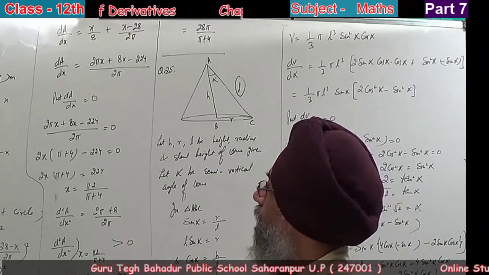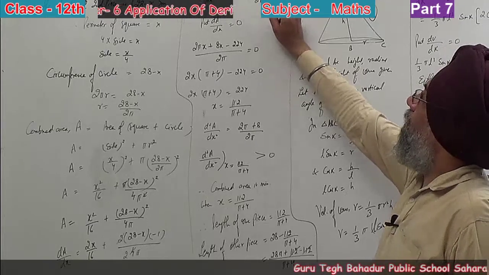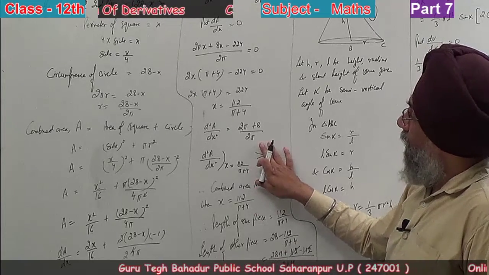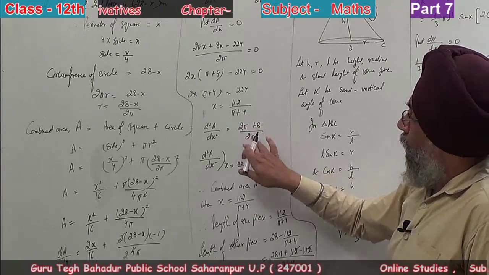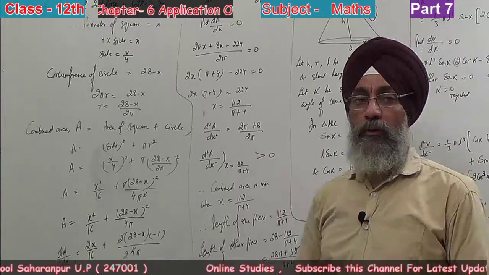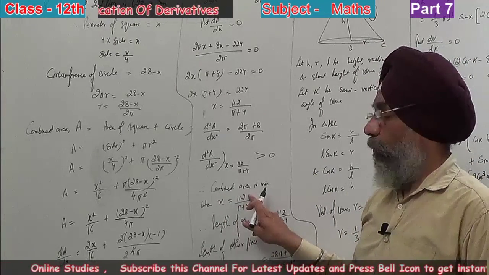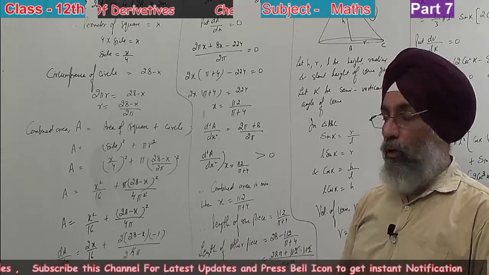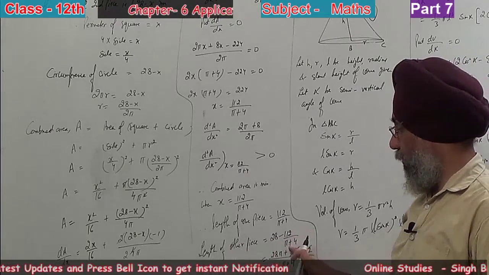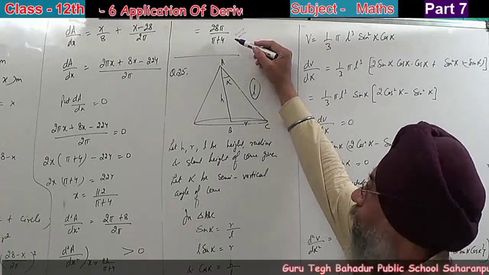Again differentiating, in the second order differentiation we get a positive expression. Placing the value of x as 112 upon pi plus 4 in it, there is no variable x here, so it has no effect. This whole expression is positive. So you can say the combined area is minimum when x is 112 upon pi plus 4, meaning the length of one piece of wire is 112 upon pi plus 4 and the length of the other piece is 28 minus 112 upon pi plus 4. Solving it, you will get the other length as 28 pi upon pi plus 4.